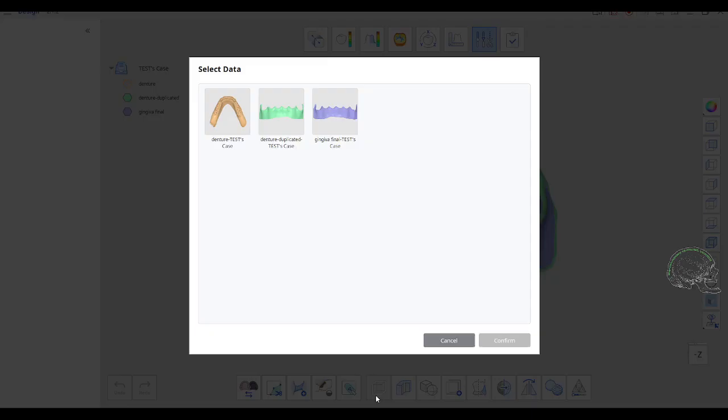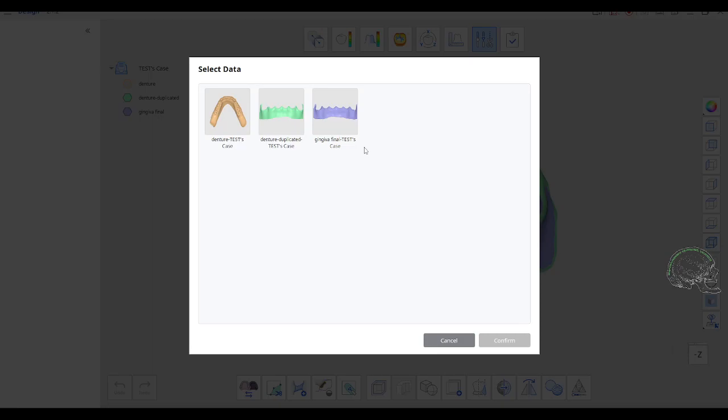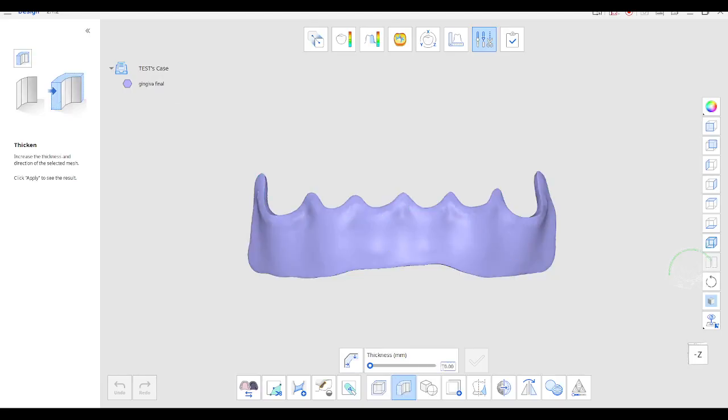Okay, next, let me cancel this. Next thing we're going to do is thicken it again, actually. The reason is that if we just thicken the gingiva right here inward by a millimeter, it'll be great for the thickness, but when we try to remove it from the actual denture base, the areas around the edges are going to be jagged. So we need to thicken it outward just a little bit, so when we remove it, it's going to have nice and smooth edges. So we're going to select this again and confirm it, and we're going to thicken it